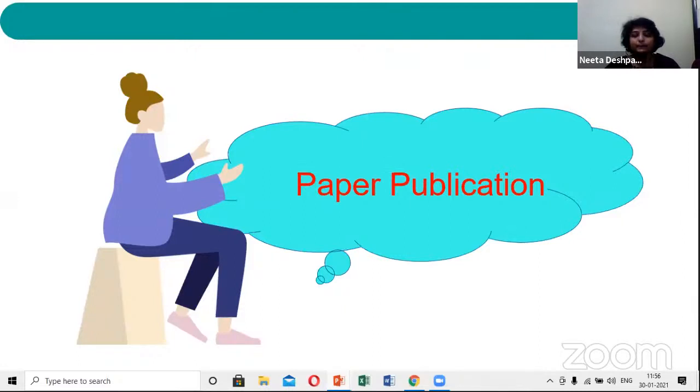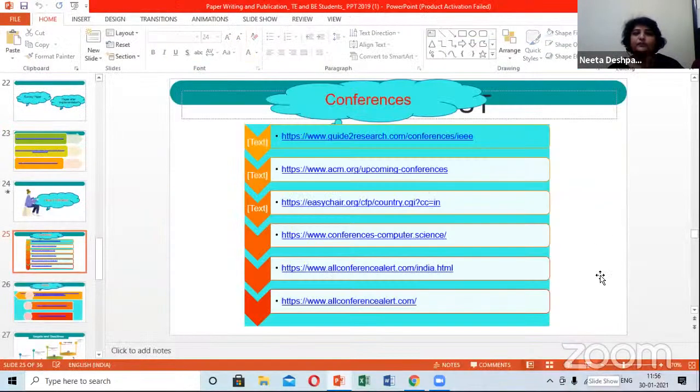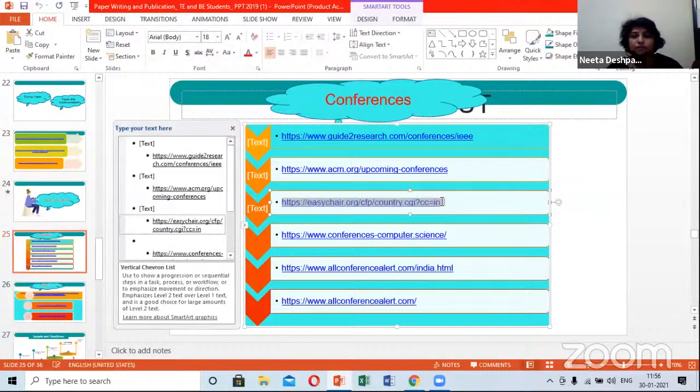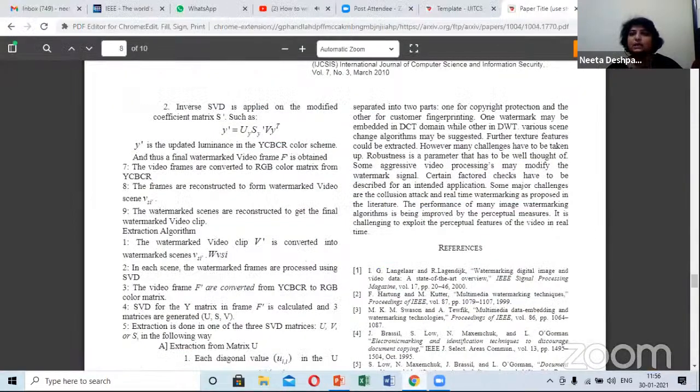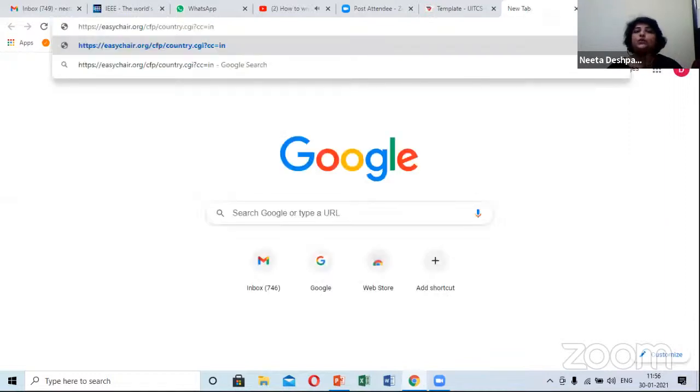So what you're going to have in paper publication. Now you have to search the conferences that are available. So आप कैसे search करोगे conferences that are available? These are some of the links. So अभी ना many of the conferences, I'll take random one link from here. So many of the conferences, what they do is they ask you to submit a paper from EasyChair. EasyChair है या Microsoft का CMT है. These are the software tools where you should have your login and you have to submit your paper through these logins.